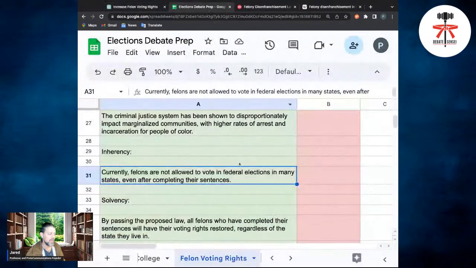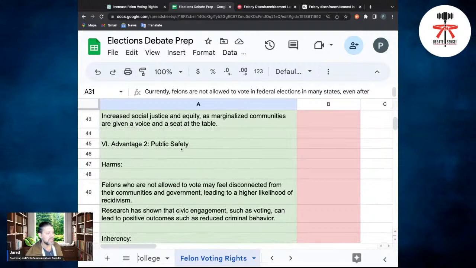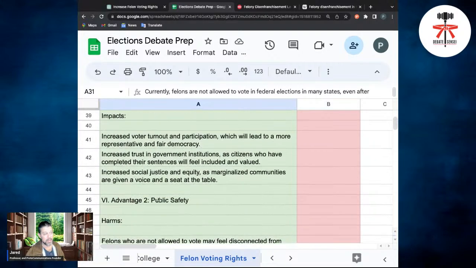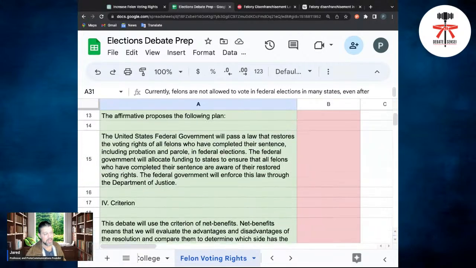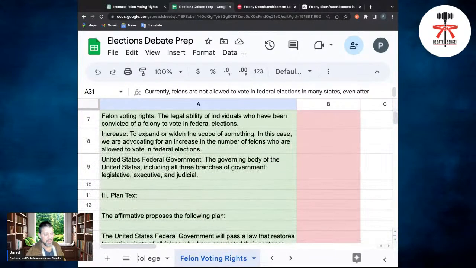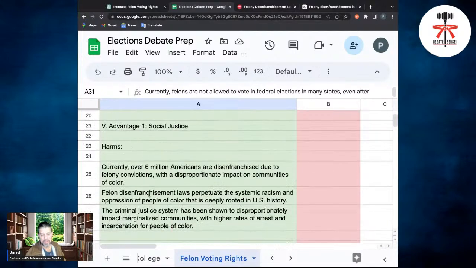And if you have that, you could use your notes while you're going through your speech, cite your sources, manage your time. All right. So the point is that each one of these advantages should be like a couple of minutes of you talking. The definition section up at the top should be about 1 minute. So it might be a little long for 1 minute, and then advantage one, advantage two, right? But you've got to insert source citations.